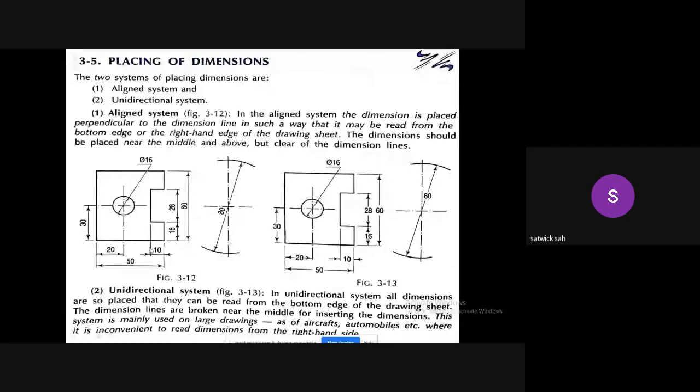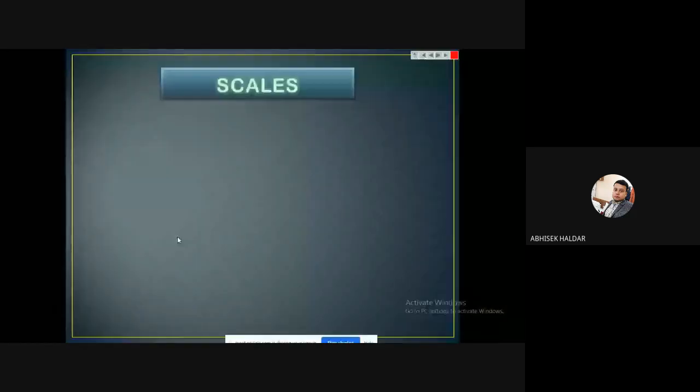Yes, sir. Okay. So now we will go to a particular chapter, scales, that I was talking about in the last class also. I think this scale is your assignment number 1, problem number 1, related to this topic. We use different types of scales. Basically, we have to construct some scales, as I discussed in the last class.